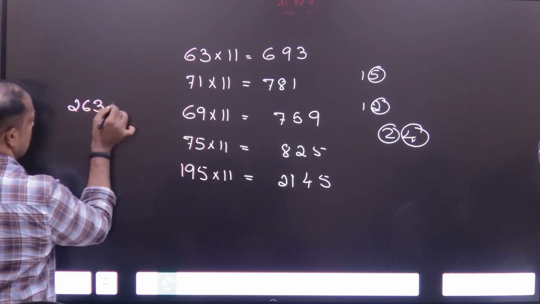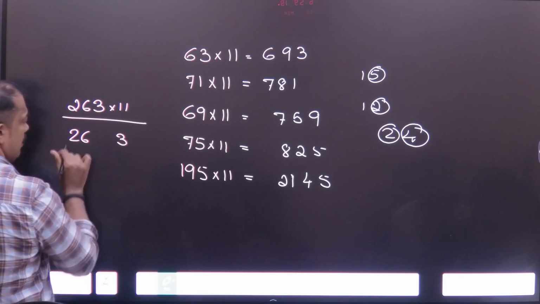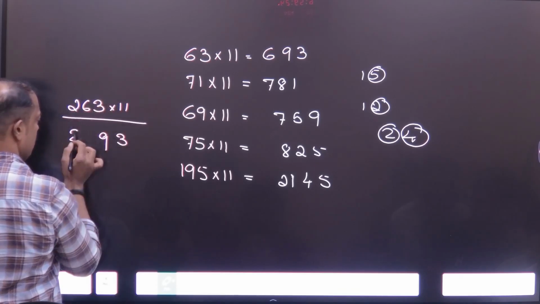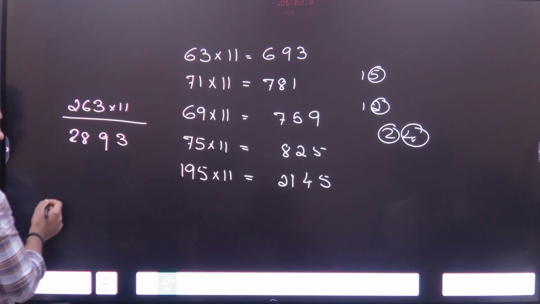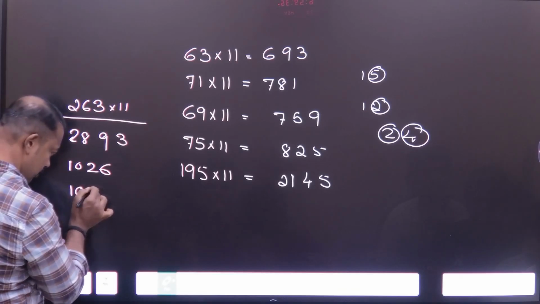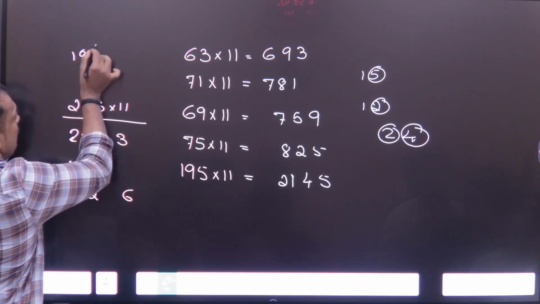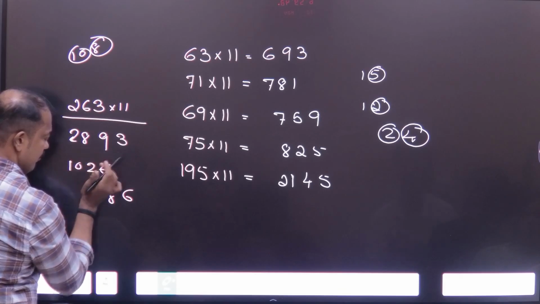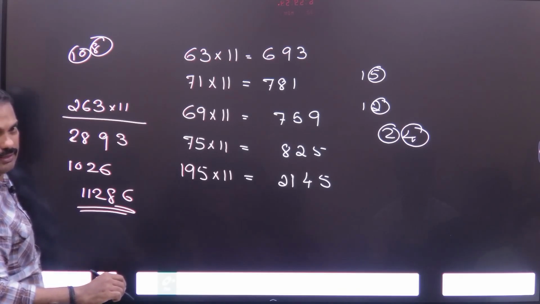263 into 11, 26 3, 26 plus 3 29, remainder 2, 2893। अब 4 डिजिट है तो ये कर सकते हैं, देखो 1026, बताओ 1026, 102 plus 6 108, last digit, remainder 102 plus 10, 11286, ये क्लियर है, एनी डाउट्स,